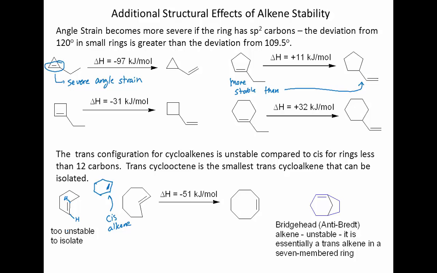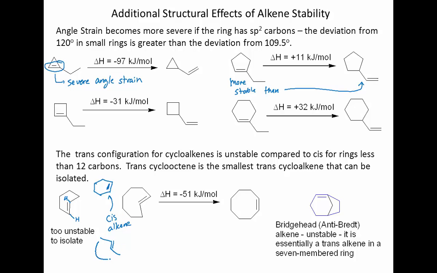It's not till you get to an 8-membered ring where you can actually isolate the trans isomer. So trans cyclooctene, shown here on the left, is much less stable than cis cyclooctene. We noticed previously that we said that cis wasn't as stable as trans, but we're having an exception to the rules here, and this is really